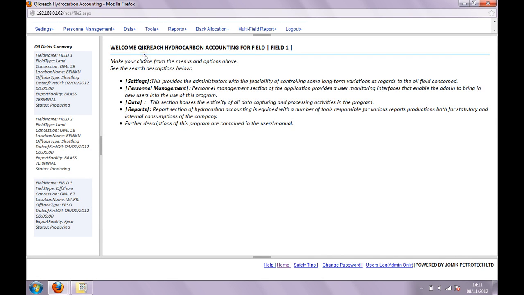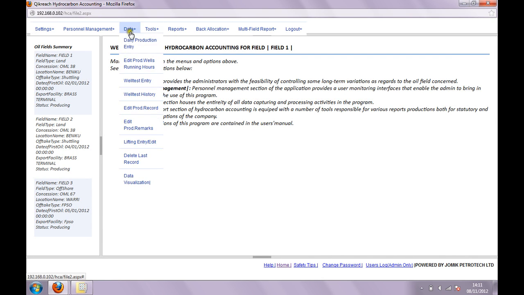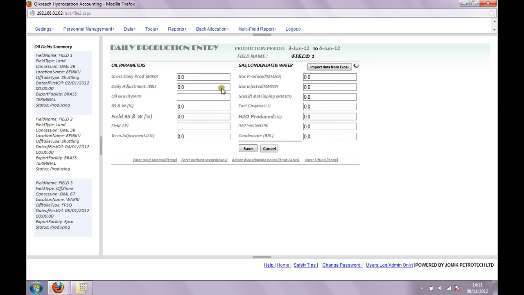On a daily basis, you need to enter your production records. To do that, you come to data, daily production entry. This is where you enter production records for the field for this particular date. You can enter it manually, or you can import the record from an Excel sheet. To do that, you click on import data from Excel,